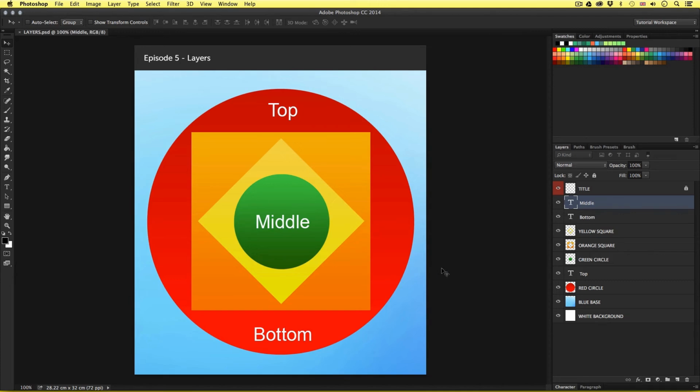Now let's for a second look at this composition. We can see what looks like a red circle in the background. On top of that, we have an orange square. On top of that, a yellow square. On top of that, a green circle. And on top of that, we have some type. But if we look in the Layers panel, we can see that the layer structure does not reflect this. For example, the green circle, which appears to be above the yellow and orange square, is in fact below them